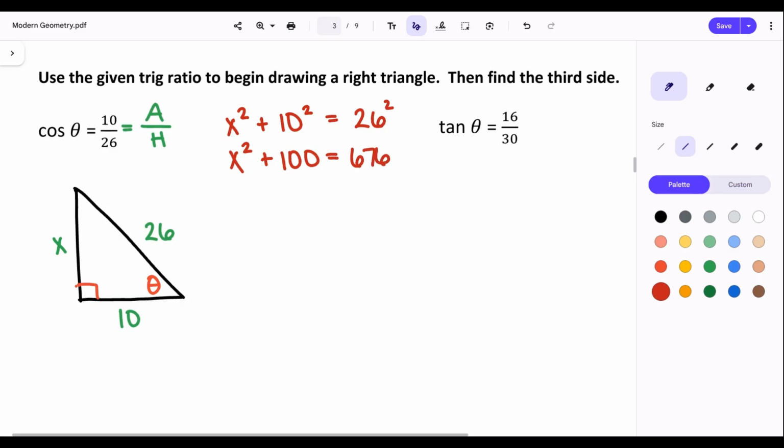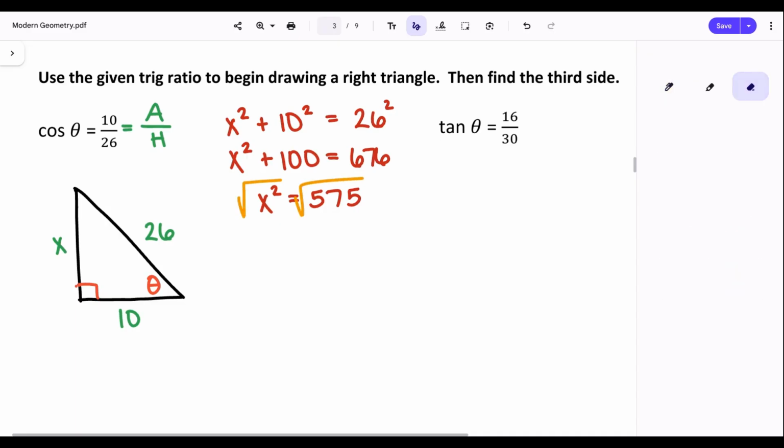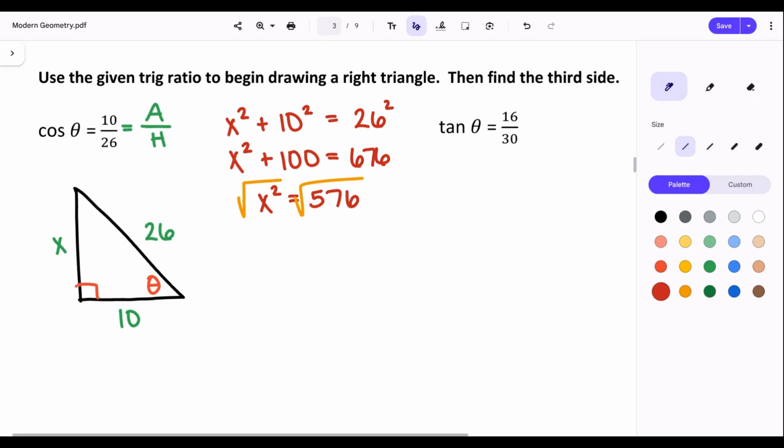Okay, what would you guys do next? Okay, and then how do we get rid of a squared? Yeah, we square root. Oop, I think I wrote the wrong number. That should be 576. What is the square root of 576? Comes out evenly, 24? Okay, so there would be that missing third side. Does that make sense how we did that? So use your trig function to help you set up your sides, mainly to help you know which one's your hypotenuse,